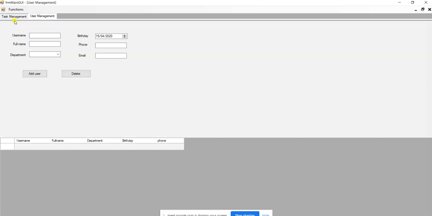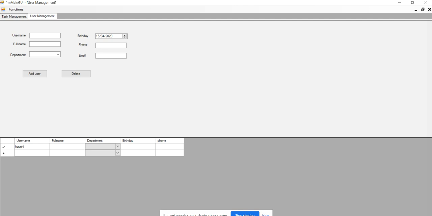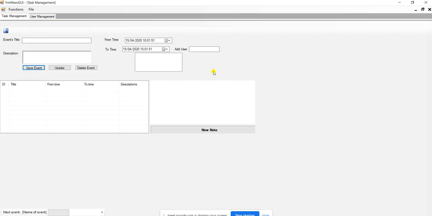Task, user, and task. Right. Yes, it displays information,